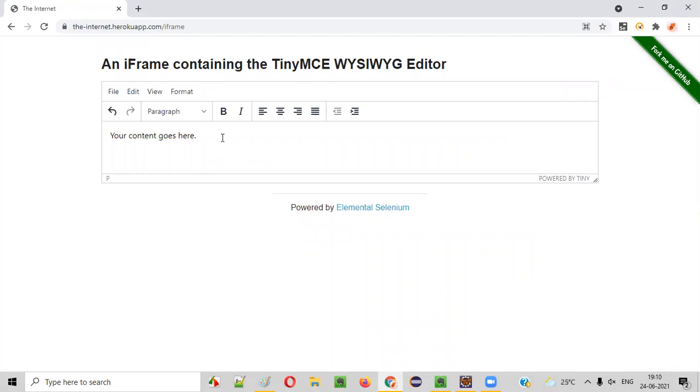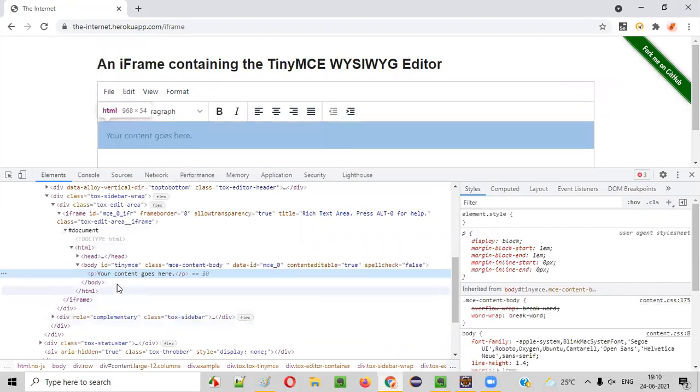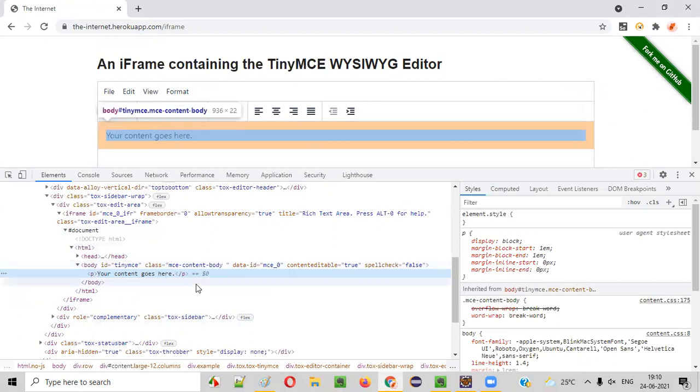Now the next thing is how to inspect this, guys. Here I have to type, right? So inspect this. When I inspect this particular thing, I'll get the HTML code. How to find this, guys? It is a paragraph tag. It doesn't have any ID or name or class or any other locator type possible here. So I'm going to create an XPath for this.